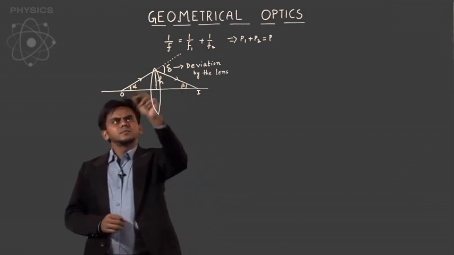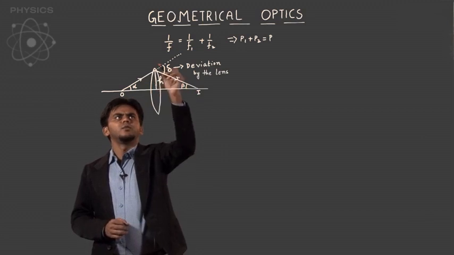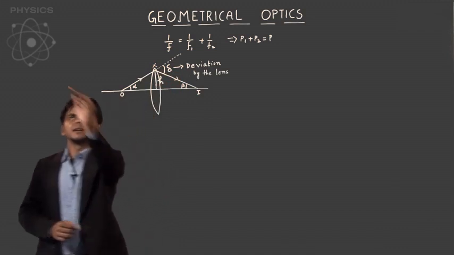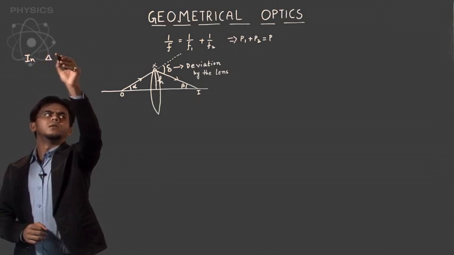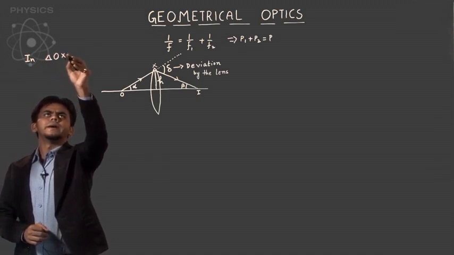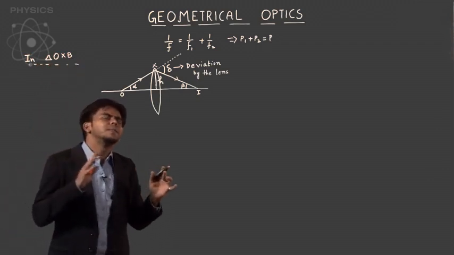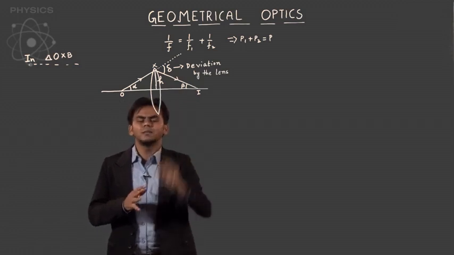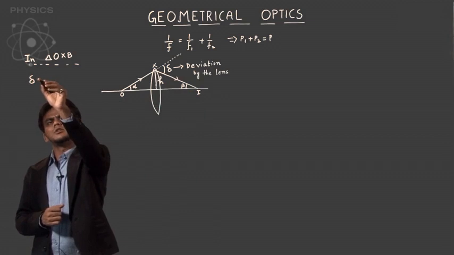In this triangle, the bigger triangle, just write a point over here, something like an X. So in triangle OXB, I can safely say that delta is equal to alpha plus beta, property of triangle. So delta, or the deviation, is,